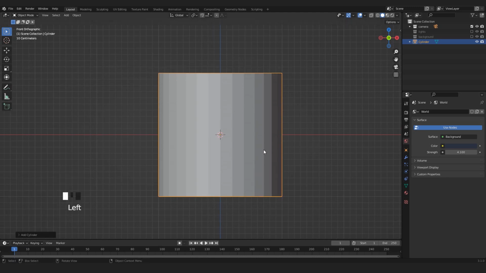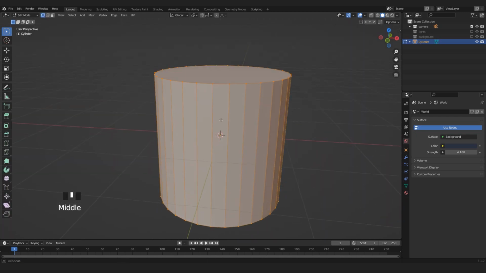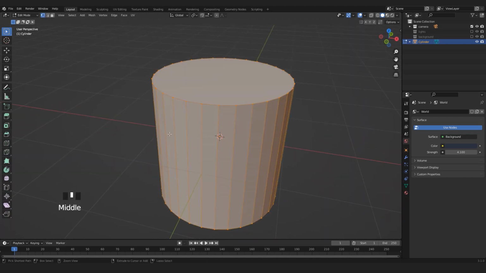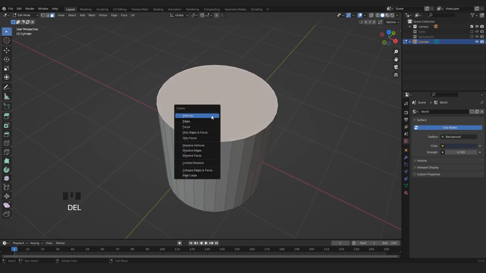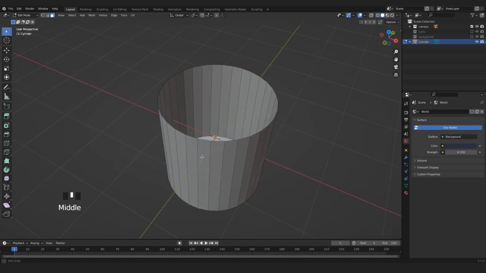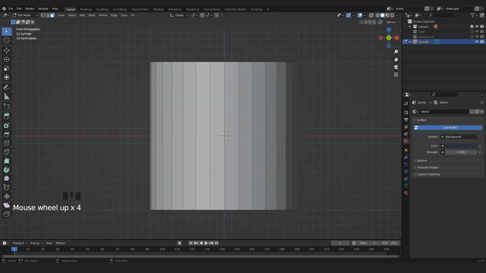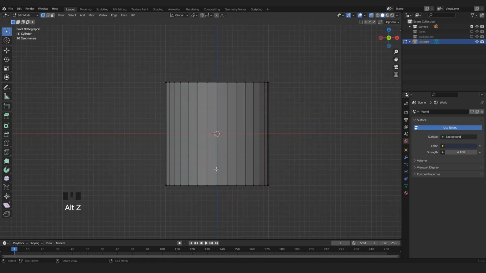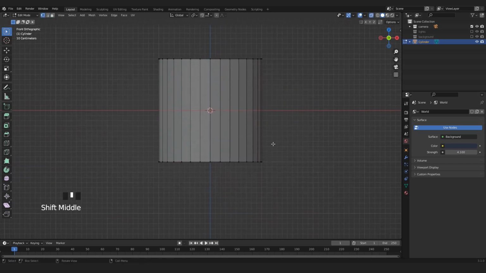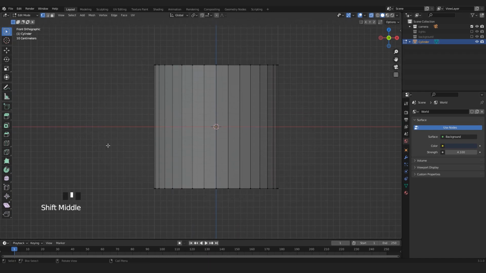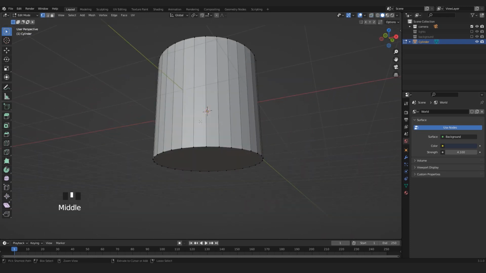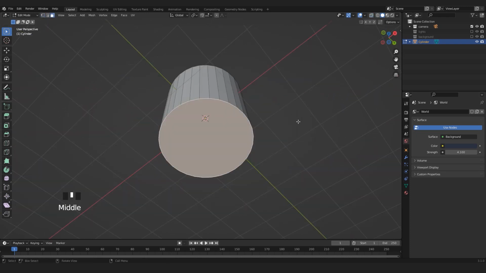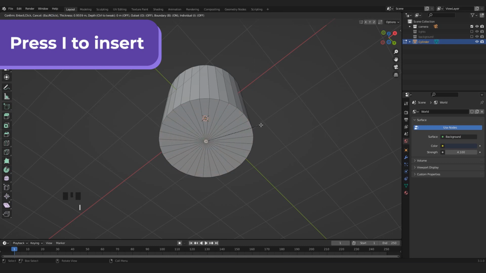It's fine. And now I go into edit mode by pressing Tab, and first of all I'm gonna delete this face up here. So I delete it. Okay. And now I'm gonna use the editing tools to shape it and make it look like a real glass. First of all, we're gonna inset this face here